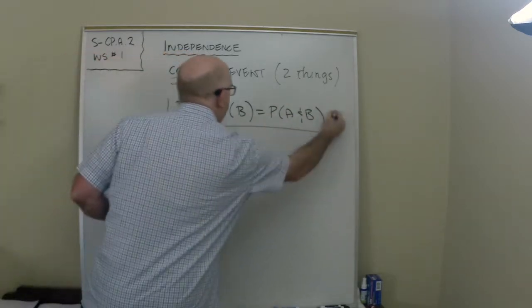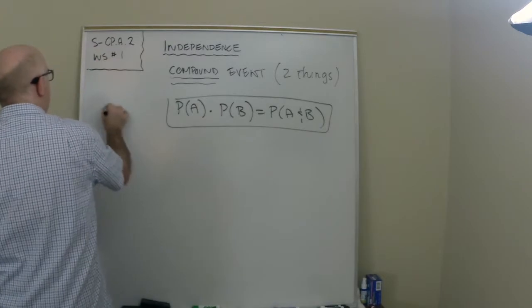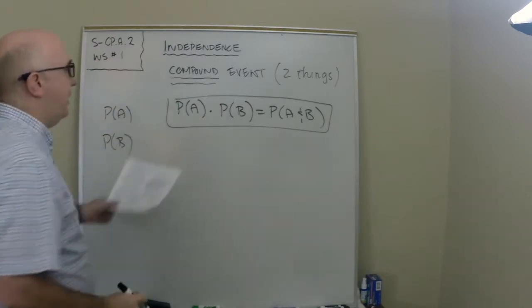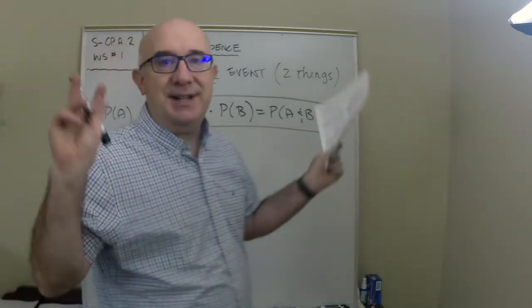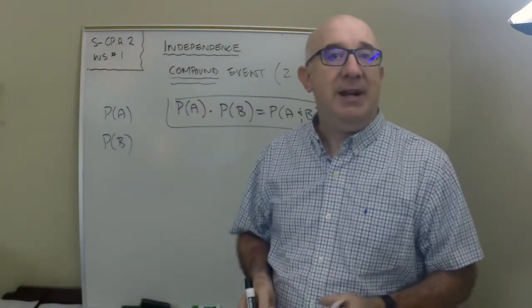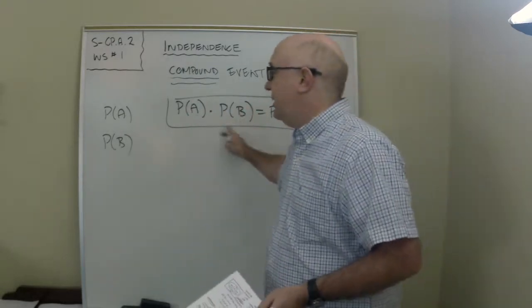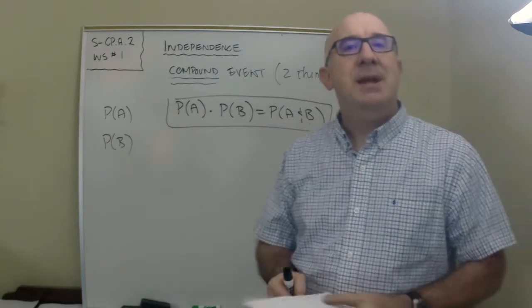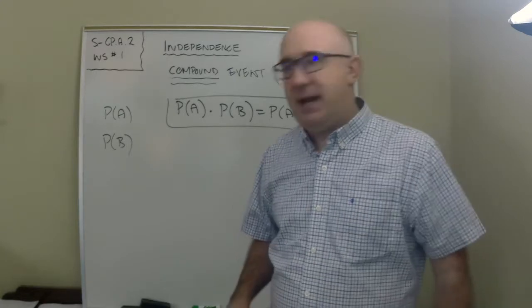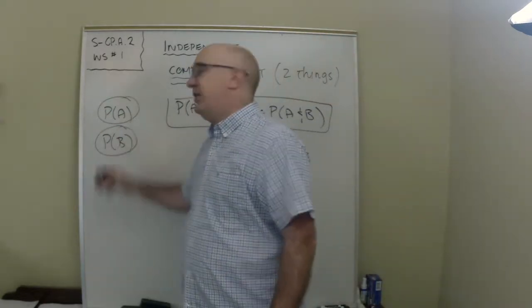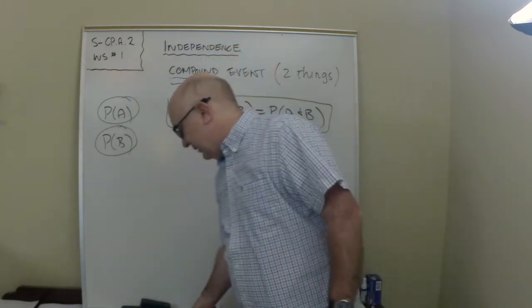This is a very, very big idea, and I'll do my best to help you understand it. This is the test for independence, or the other way to say it is, if you're told things are independent, this is a true statement. And this statement basically is saying, if you have two original probabilities, whatever they are, the chances of getting a,